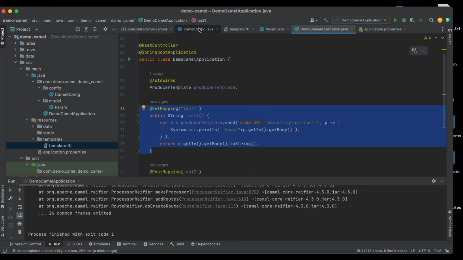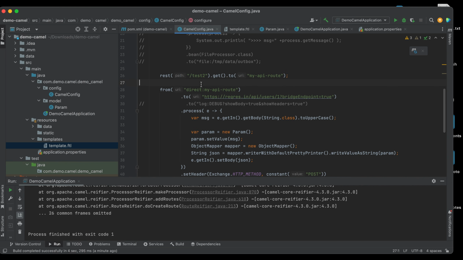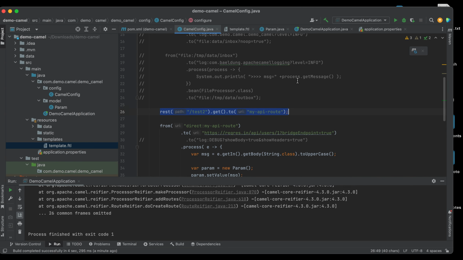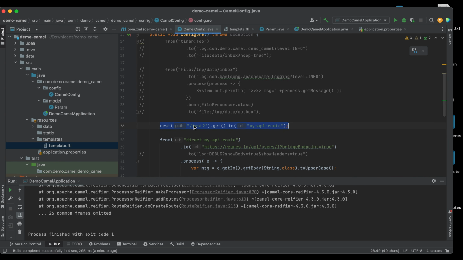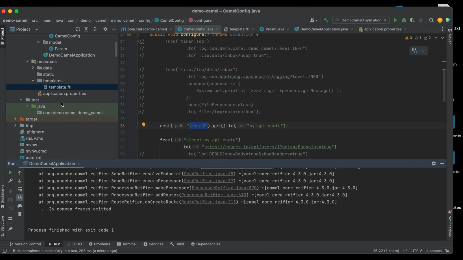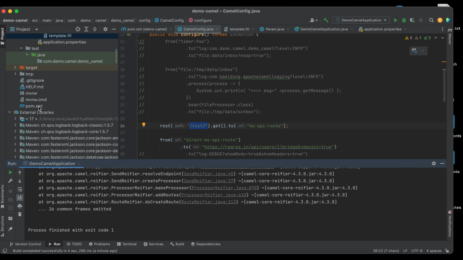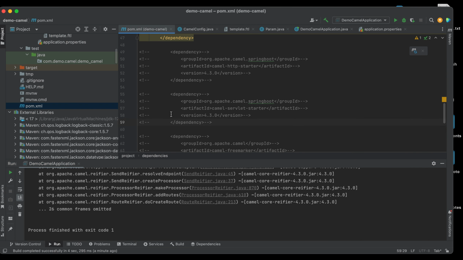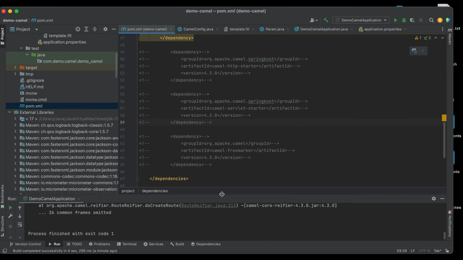Again, we will need to call this REST method to expose a RESTful endpoint, which is this one. First we need to add the required library or dependency.